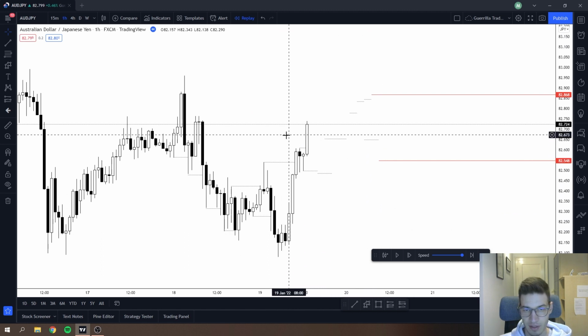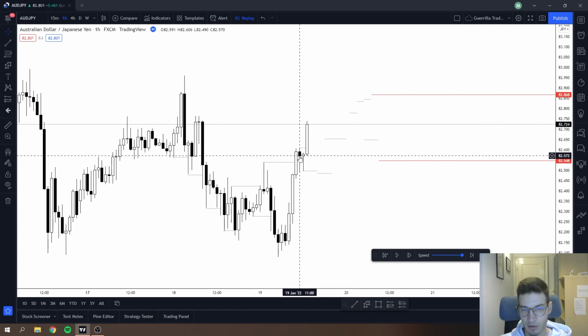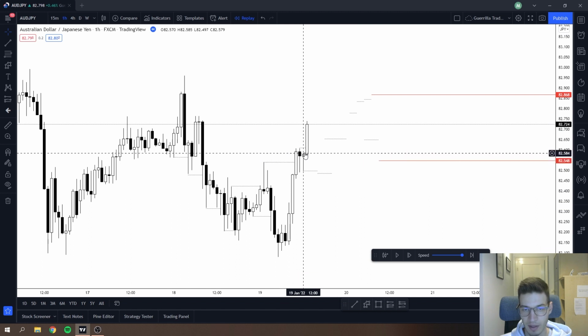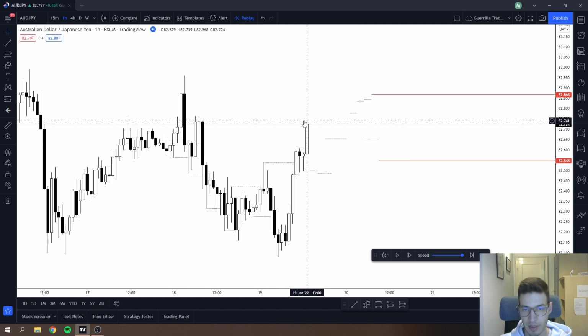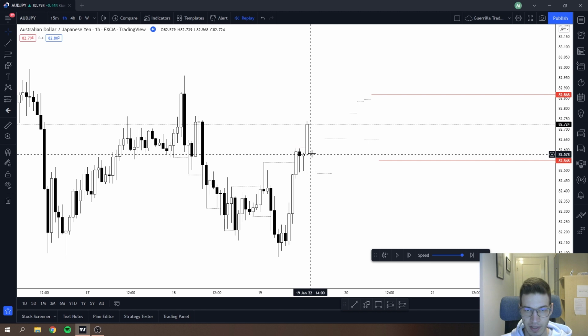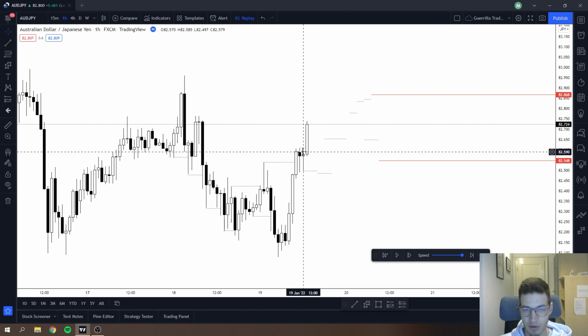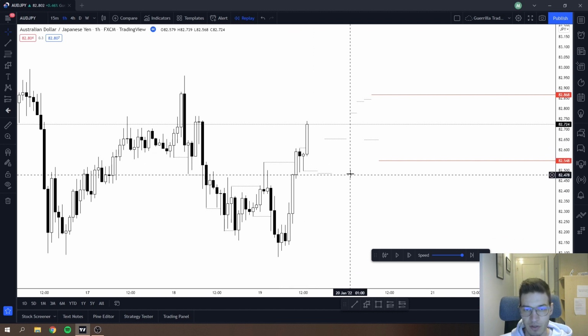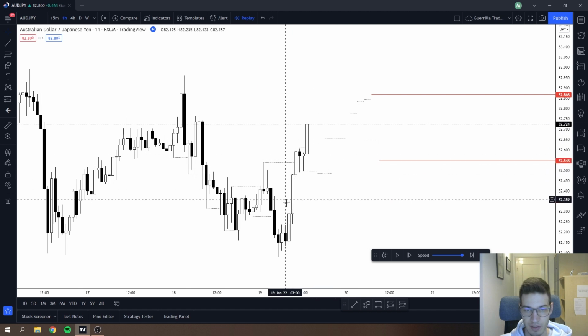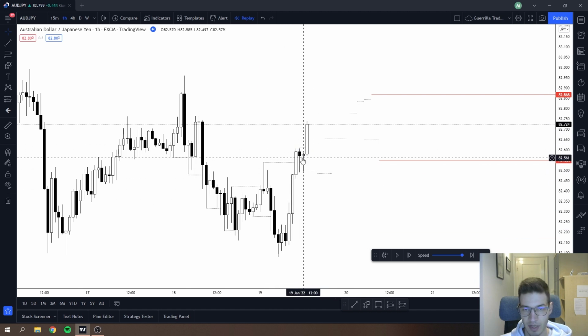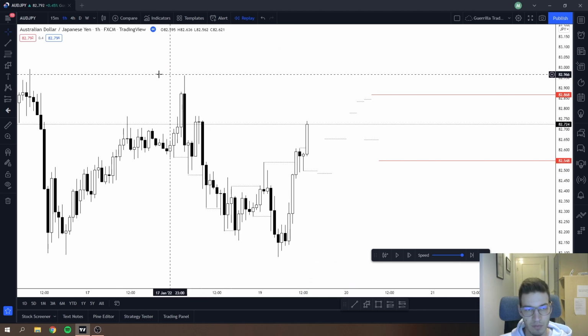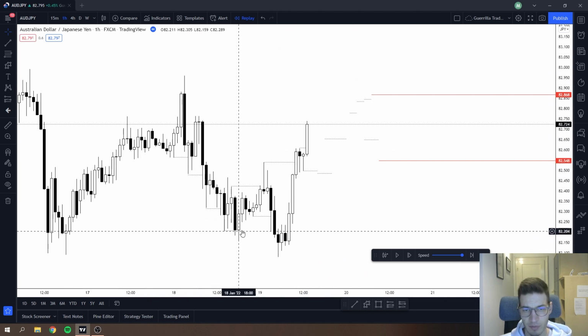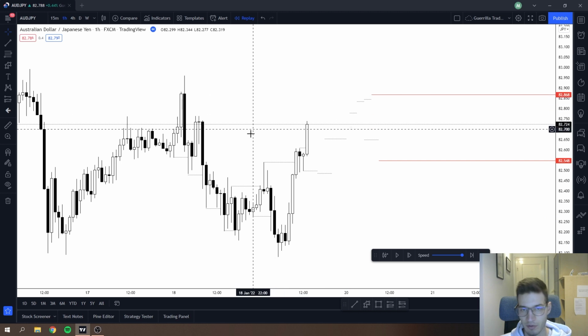We then got this nice impulse, got just a 2 candle pullback, and then a straight continuation and a clean close. At this point I did have a pending long order on this candle, so I was very happy to take this long because I was seeing an impulse, just a 2 candle pullback and the continuation of the impulse. I was seeing a trend. This prior range bound price action did not concern me because this to me was a really high probability